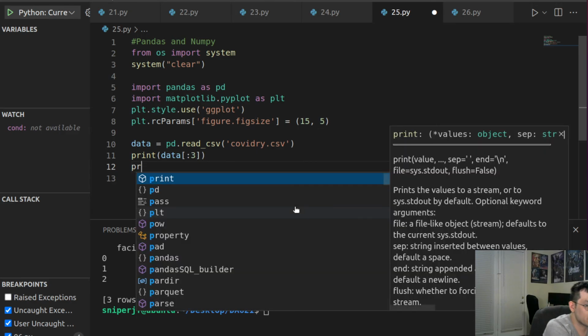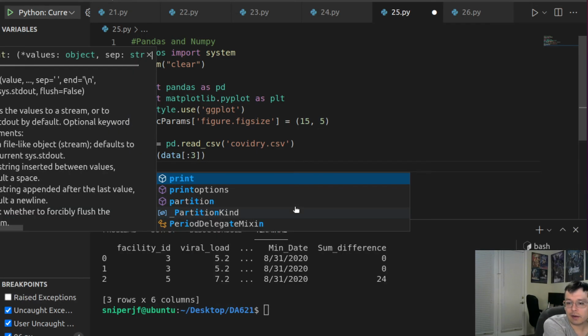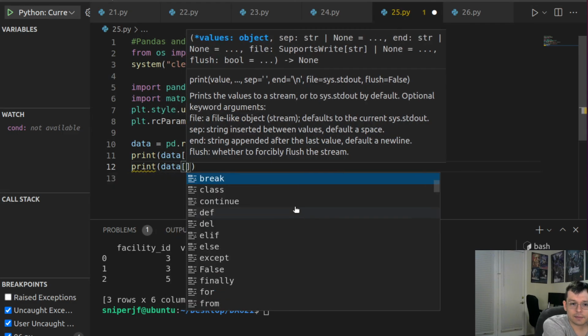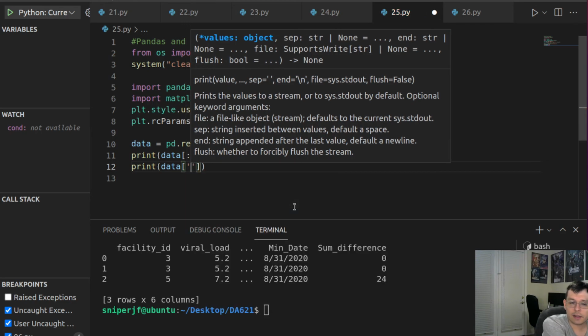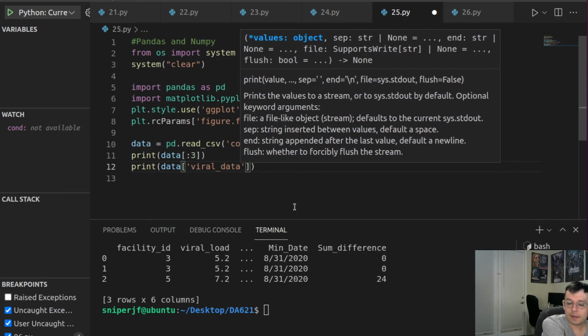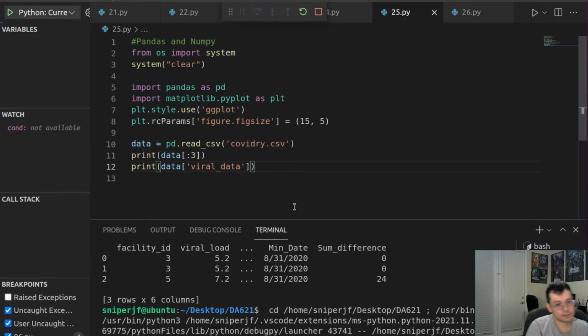So let's just print out, for example, the viral load column. So I'm going to say print, and I'm going to say data, and then instead of feeding it an index for data, I'm going to feed it the column name. So I'm going to say viral data, like that. And if I run it,